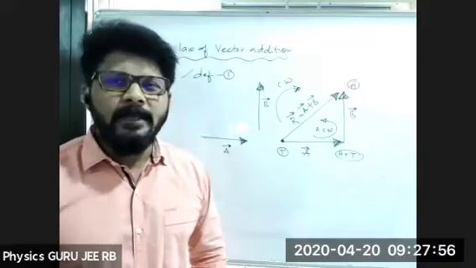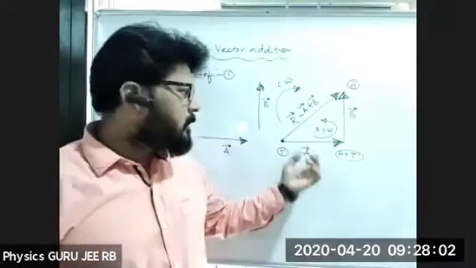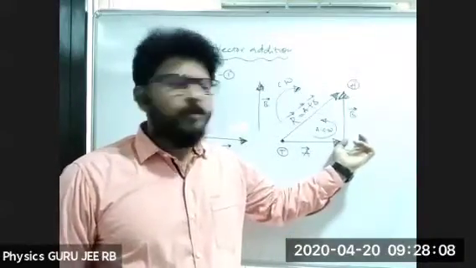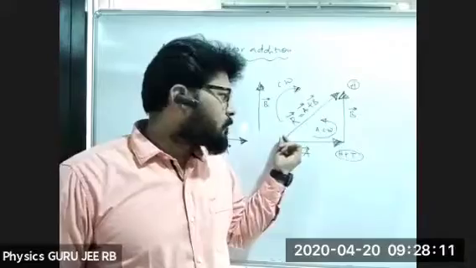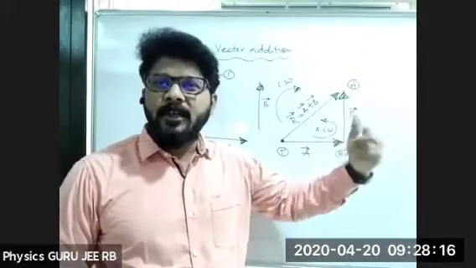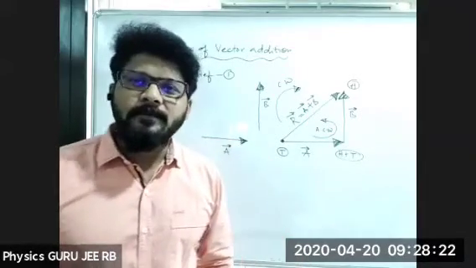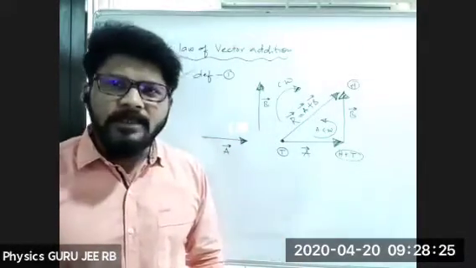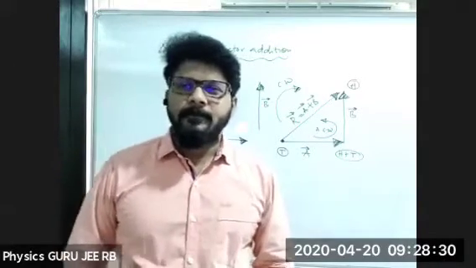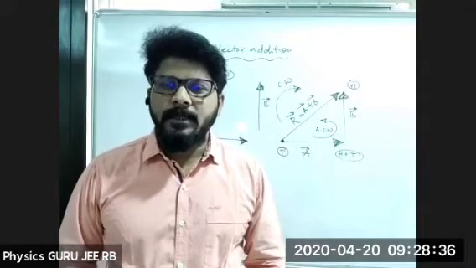Not understood the last point? The last point is the resultant of these two vectors. The resultant of these two vectors represents the closing side of a triangle. This is the closing side of a triangle, taken in which order? Reverse order. Is it clear, this one? Do you still have any doubt? Anybody?